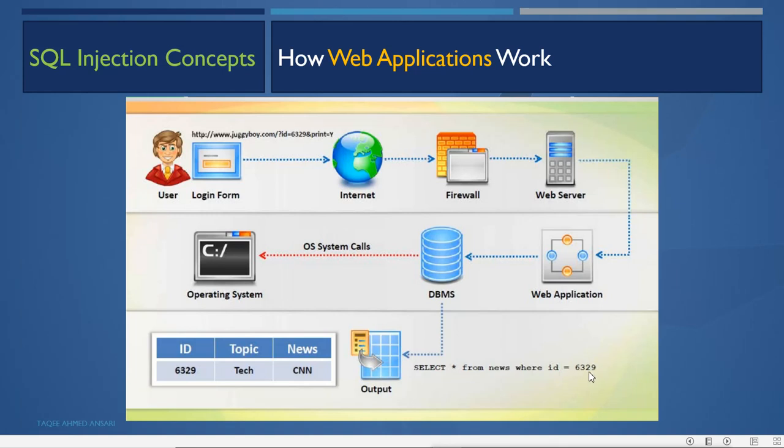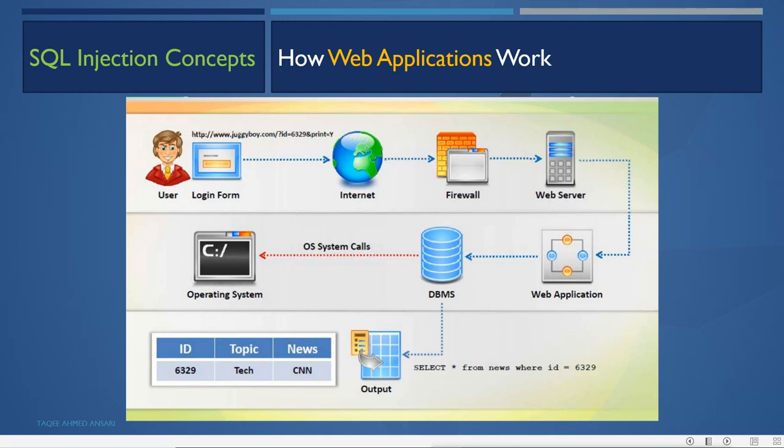Now this ID number is given from the client browser. That means the input is coming from the client browser, and the browser is saying that this is the ID number. So the query is already crafted in the web application. It just enters the ID number there, and then forwards the query to the database server.